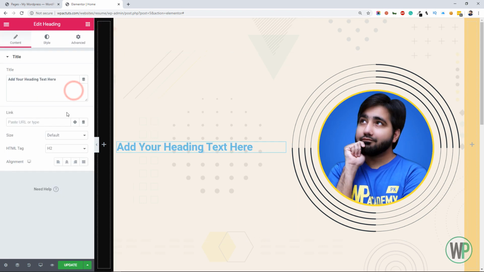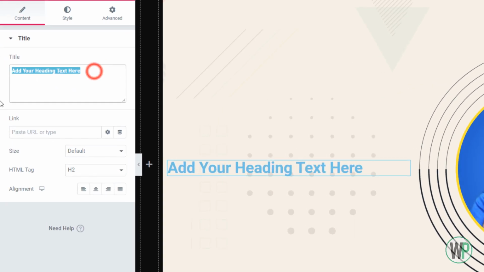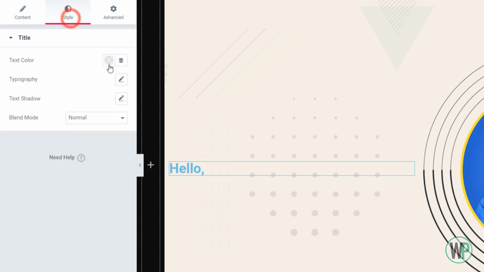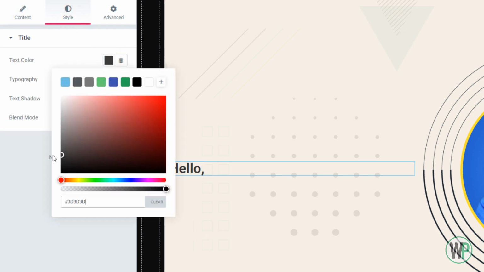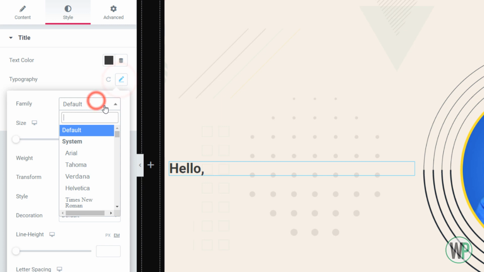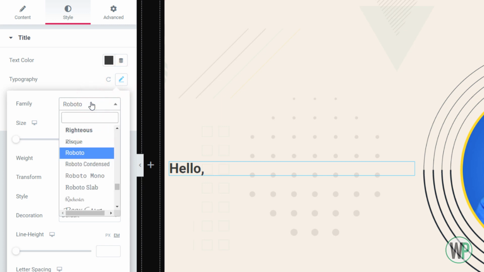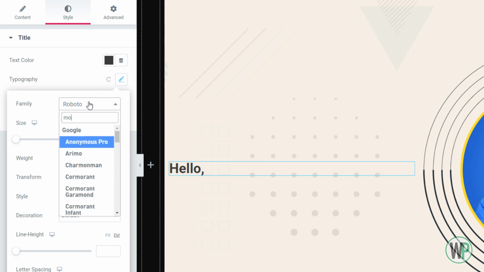Now let's add some text. You can style the text as you like.